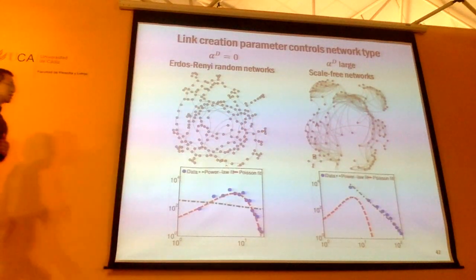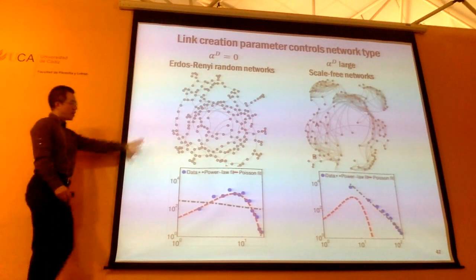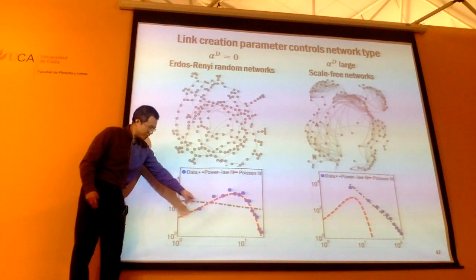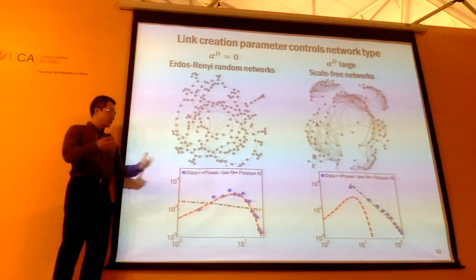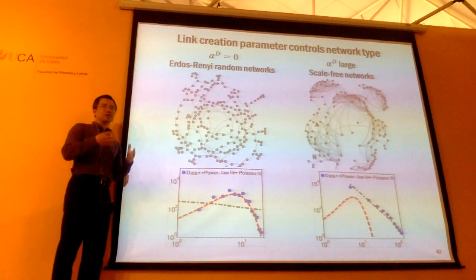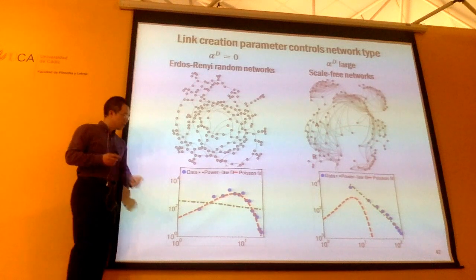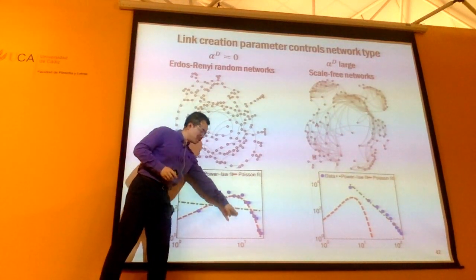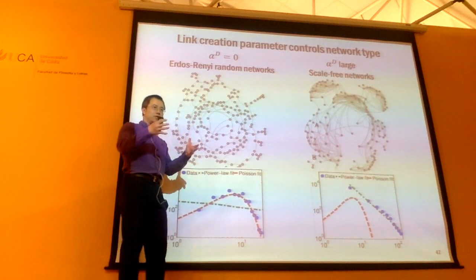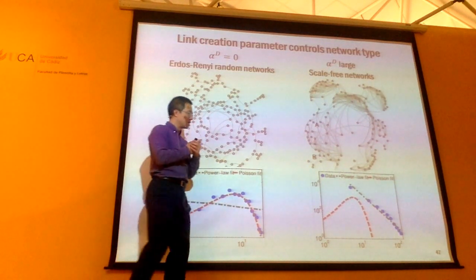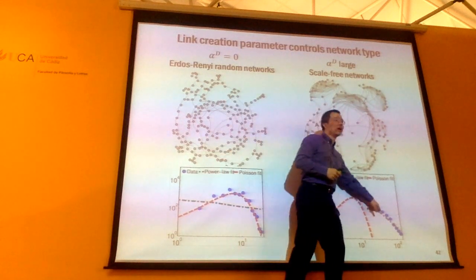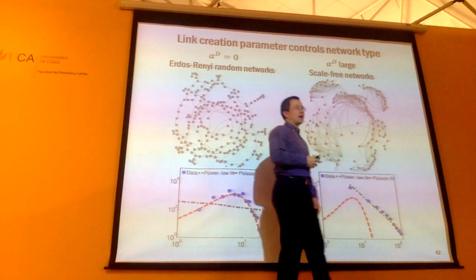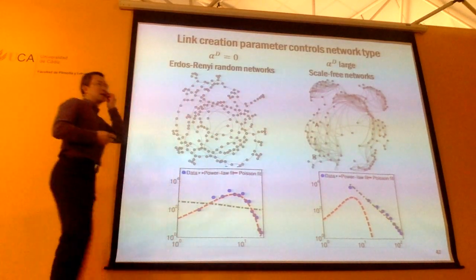You can also look at things like degree distribution. When you have a random graph, the degree distribution, the x-axis is going to be the degree of each node, and then the y-axis is going to be something like a histogram. Okay, the frequency of seeing a particular node with that kind of degree. So it's going to have essentially a Poisson distribution with a particular average degree. But if you allow information diffusion to modify the link creation process, you will actually get something like a power law. Okay, so this simple generative model based on a point process can actually allow you to generate some realistic looking network. Okay.